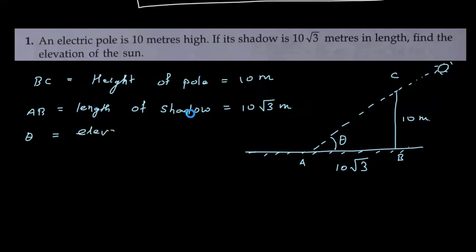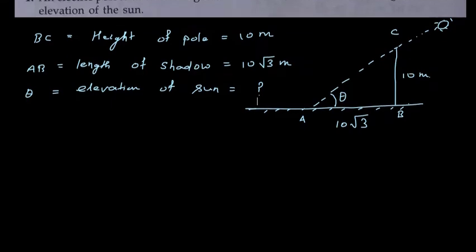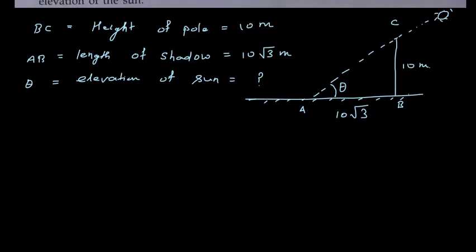Okay, this you have to find out. Now if you see triangle CAB, angle B is 90 degree. In triangle CAB, angle B is 90 degree. This is a right angle triangle,